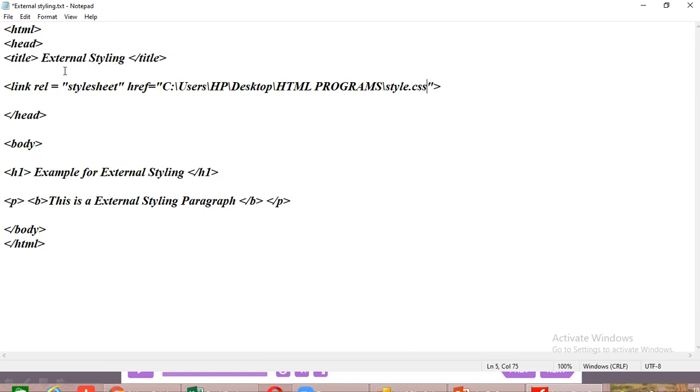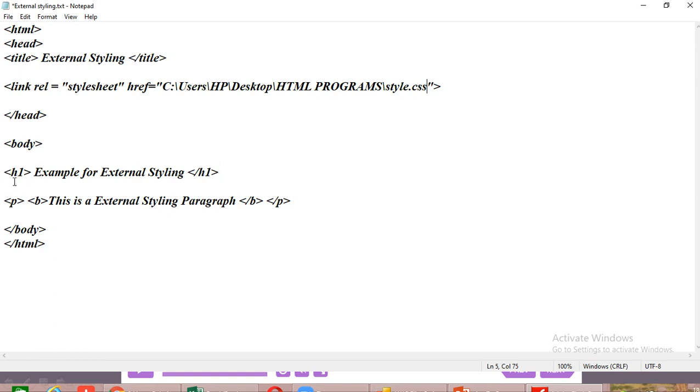That's all. You want to give this line very correctly and clearly. If you make a mistake in this line, then no style will appear on the web page, because the style for the web page is in this CSS file only. Okay, don't make a mistake in this line. Then close the head tag. Then open the body part.